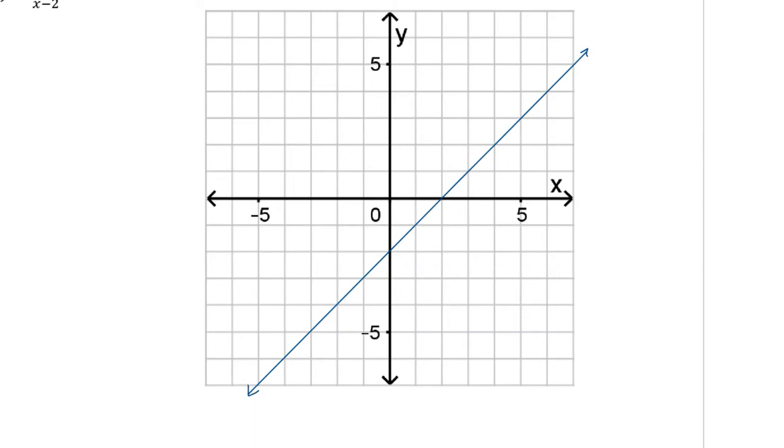And my rule of thumb, or my rule in my class, is if you have more than one function or relation or graph on a grid on the same axes, then you have to label them. Okay, so we're going to label this f. And now we're going to use f to understand what's happening with g and